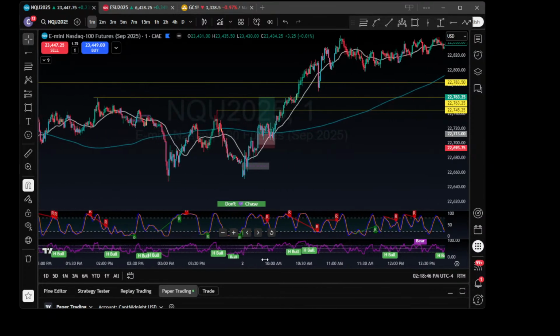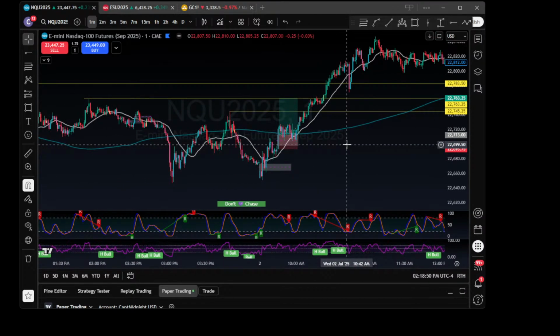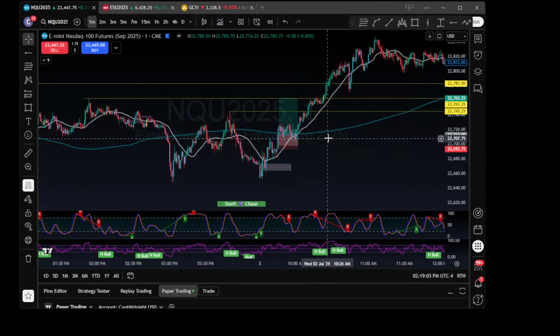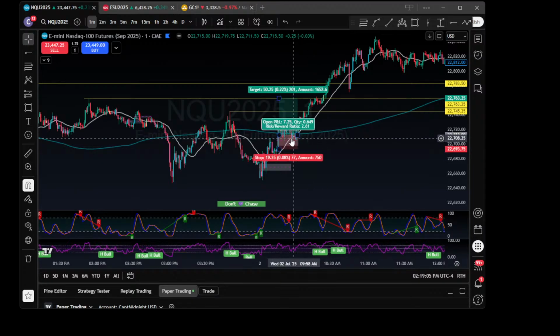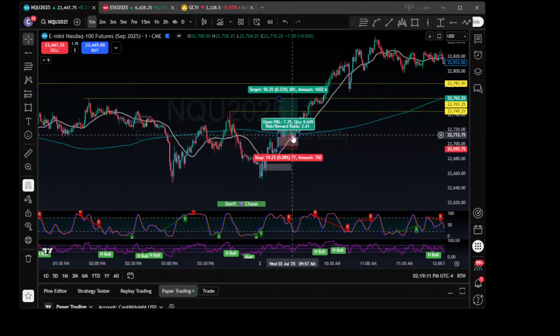I'm not going to count this as a working one though. I don't like it. It's not as clean. It never taps back into the fair value gap. That means we're just going for the day. Never tap back into the fair value gap. So maybe I might have played this. I got 2.61 R.